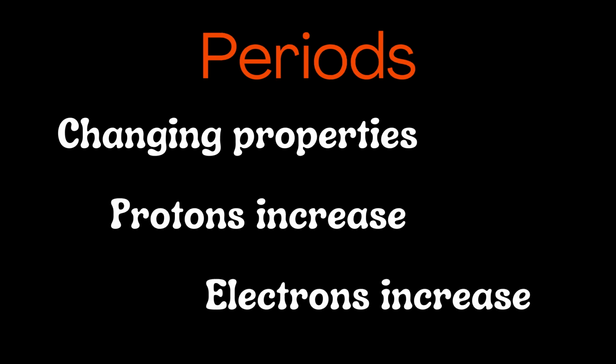Periods, horizontal rows on the periodic table. Properties change progressively across a period as the number of protons and electrons increases. Example, period 2 includes lithium, Li, beryllium, Be, boron, B, carbon, C, nitrogen, N, oxygen, O, fluorine, F, and neon,